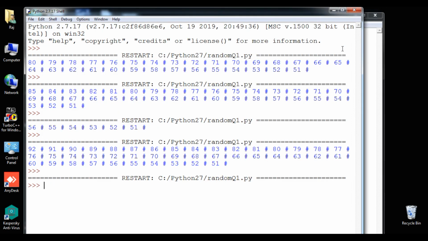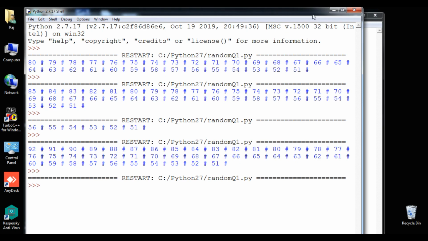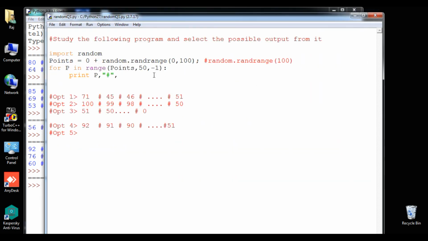So student, we just checked which one is a possible output among these options through this particular code. I hope you have learned this particular program and its functionality, how to get the output, and how to find out the correct option from the given options based on this particular program. And student, you will keep practicing questions like this. You will also practice with the random range and rand int functions in place of this particular function. So till then, student, thank you and have a nice day.